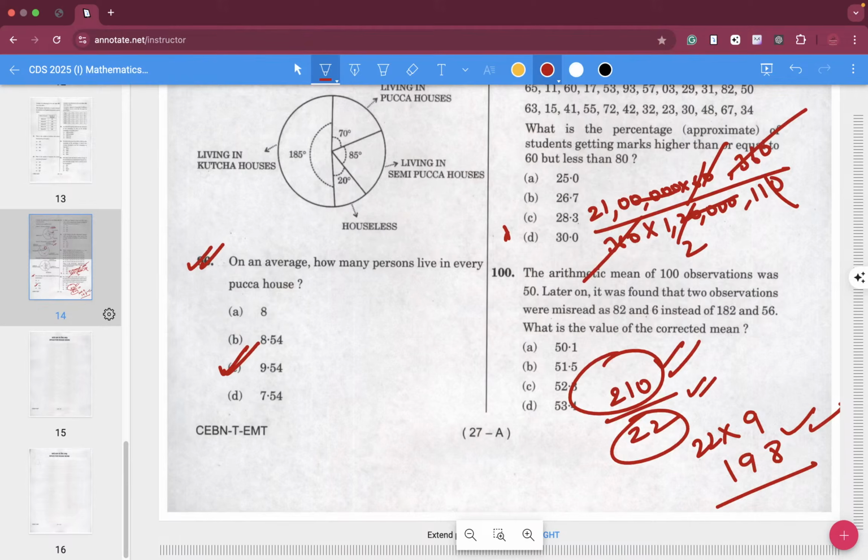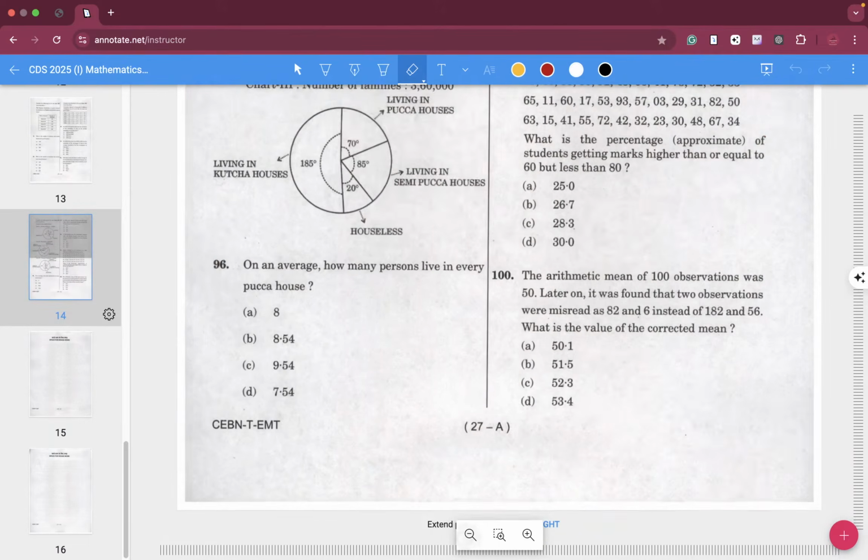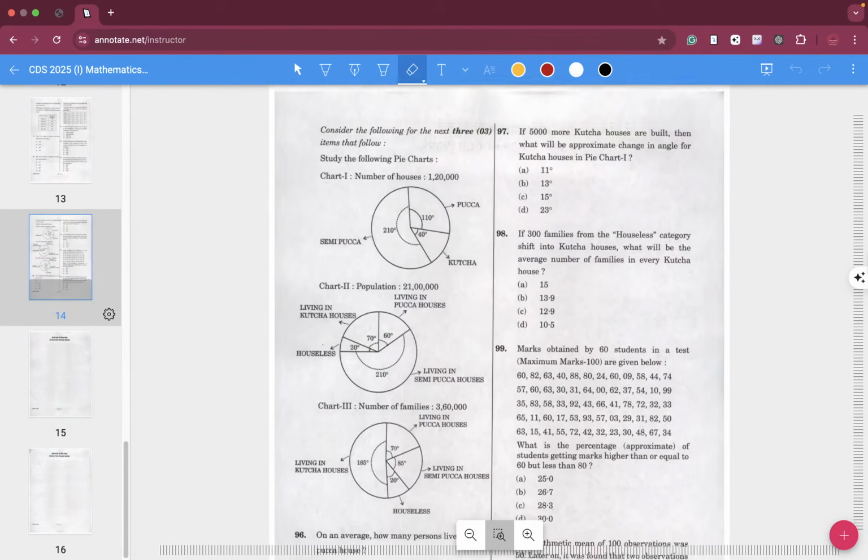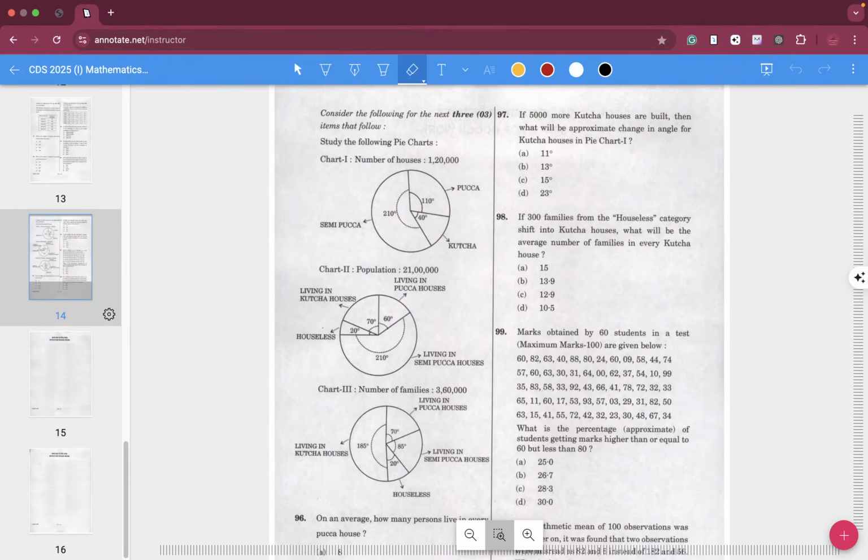Now we go to the next question. A few questions over here are calculation intensive. You can't really do away with that. Now for question number 97: if 5,000 more kacha houses are built, then what will be the approximate change in the angle for the kacha houses in pie chart 1? First of all you have to understand